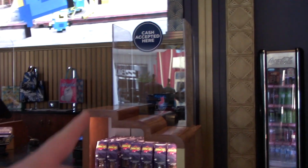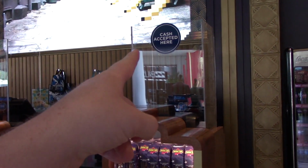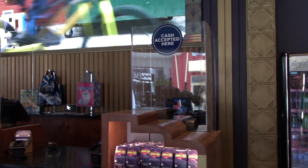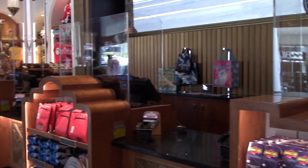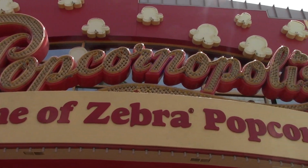Cool. As you can see right there, they have the registers here with the glass in the front. They do accept cash here, so even though they're going to a whole payment system where it's mostly just debit, I think just debit, they also have one place here that says cash accepted here. Very cool. Very nice. So that's pretty cool that they have the Universal Studio Store open,